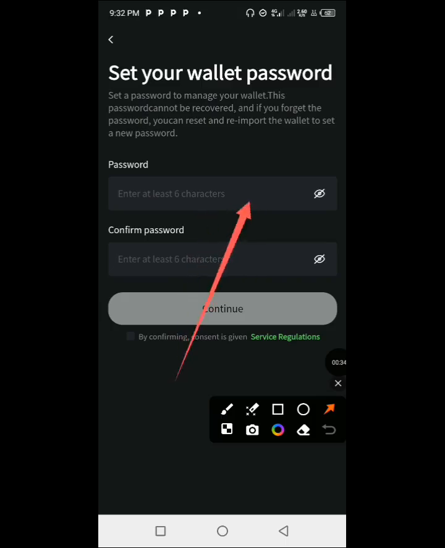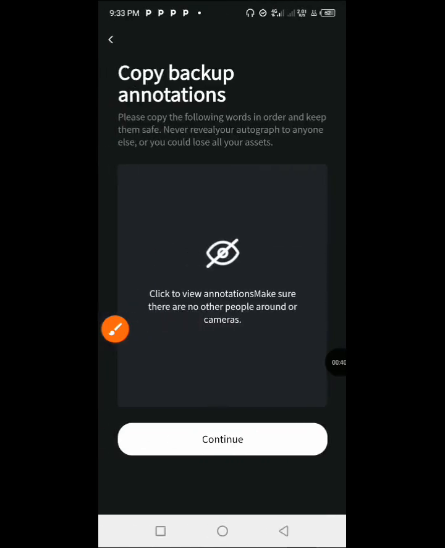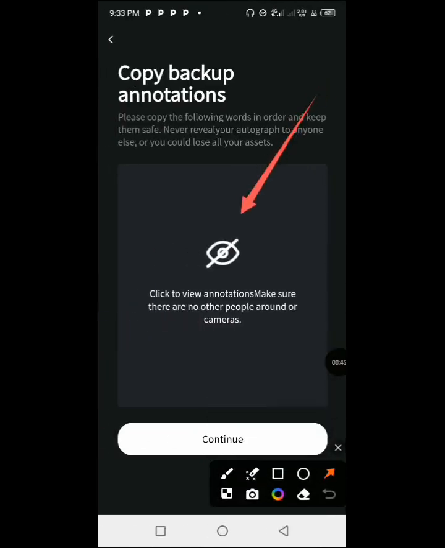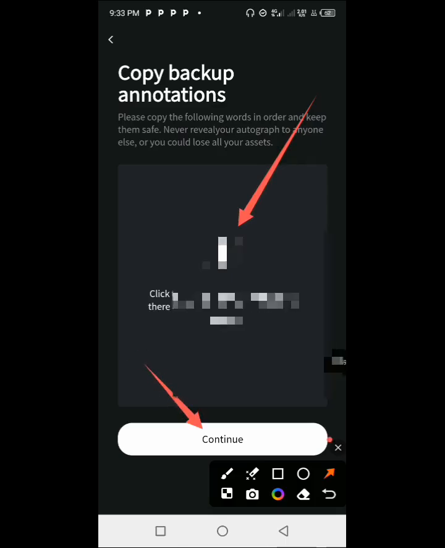6-character word which will serve as a password for this app. Confirm the password afterwards, and then go ahead and click on this. Whenever you click on this I button, you can see your 12 key phrase. Ensure that you copy this 12 key phrase down, write it down in a safe place. After you've seen your 12 key phrase, come over here and click on continue,